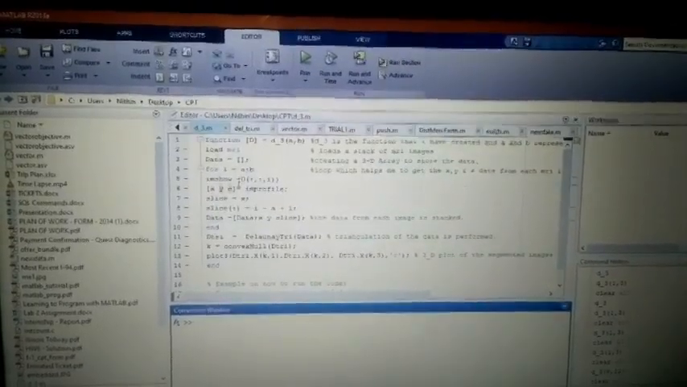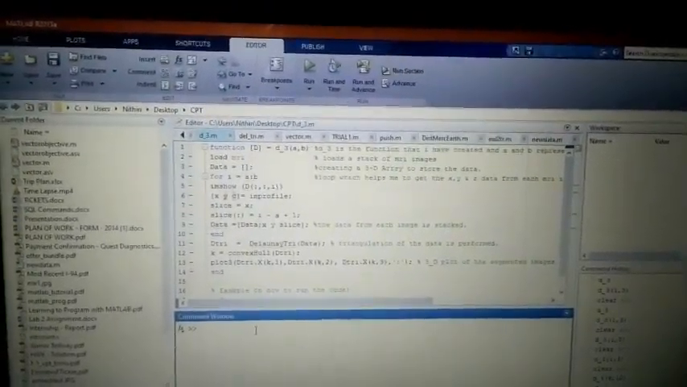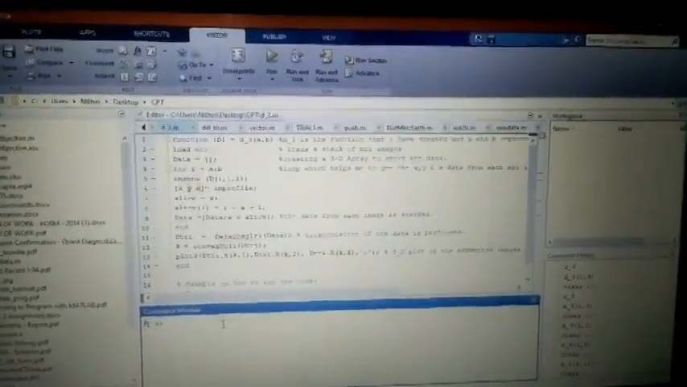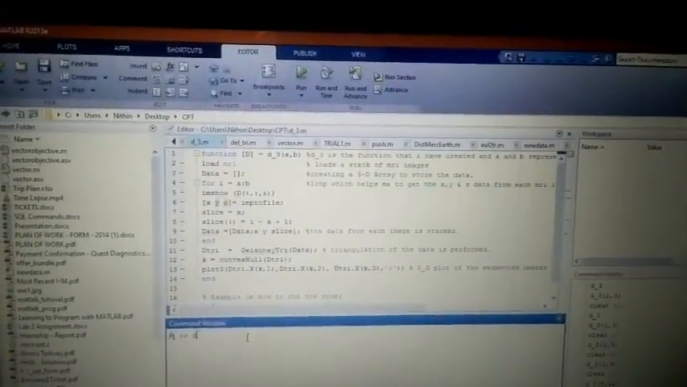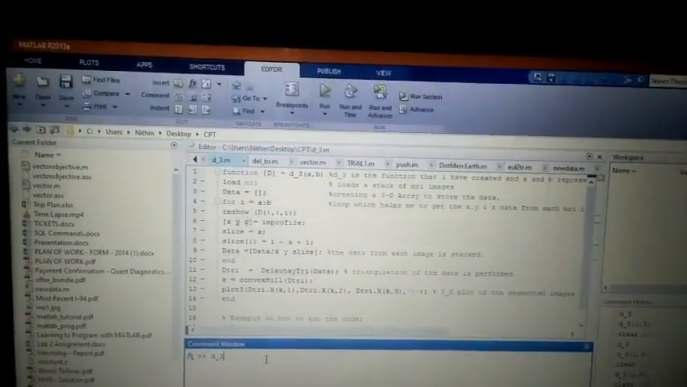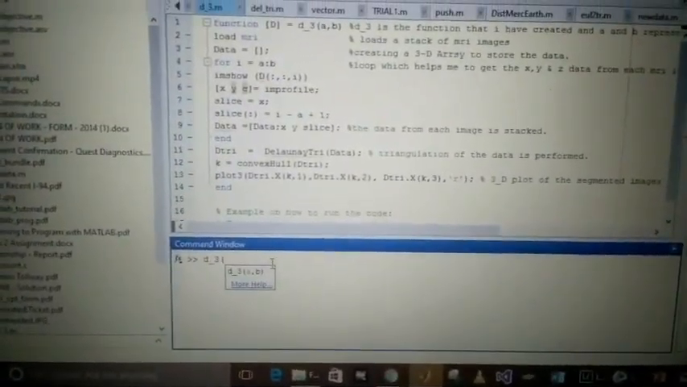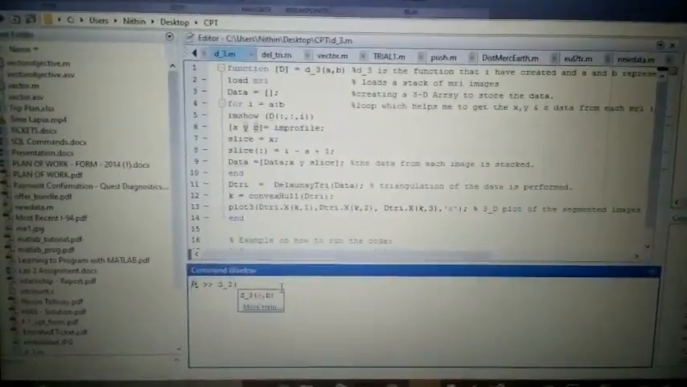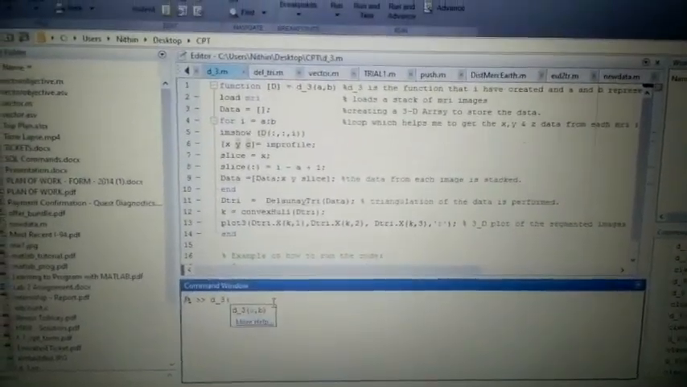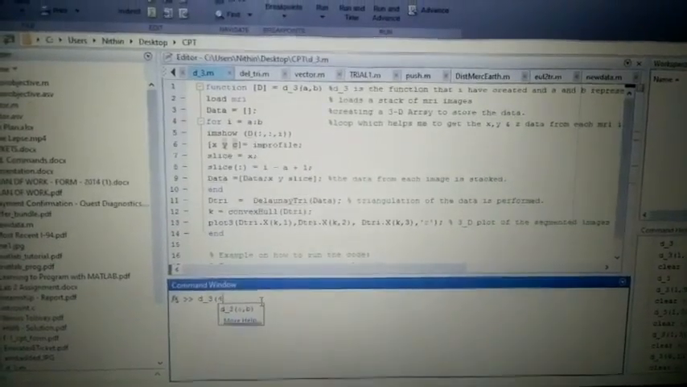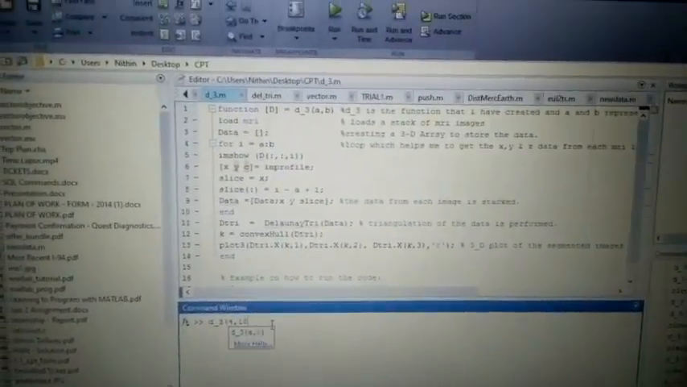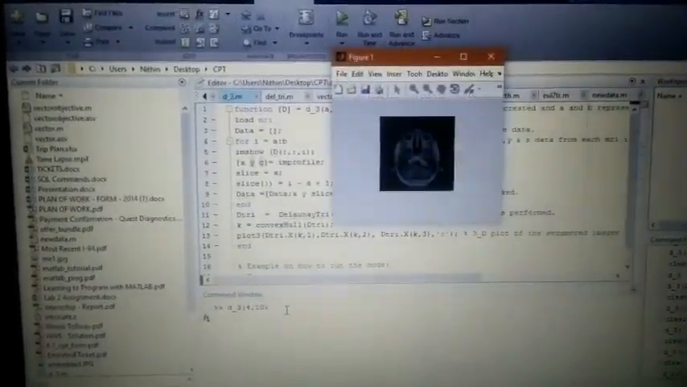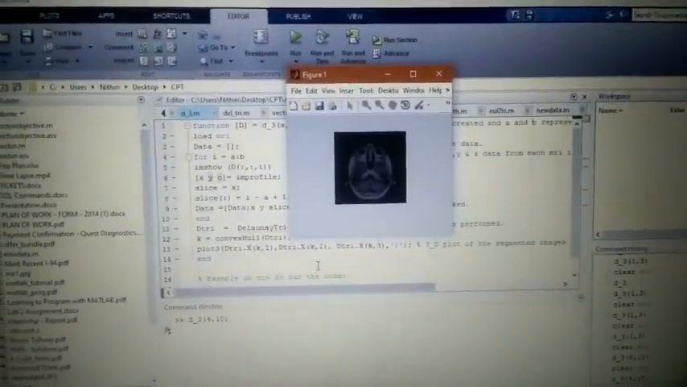So when I run this, I just use the function name, d underscore 3, and give the input values. For example, in this case I'm taking images from 4 to 10, so 4 comma 10, and close the brackets. When I hit enter, the program runs, and the first image, the fourth image, is